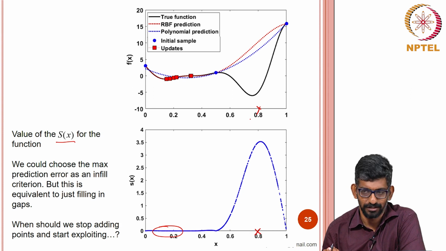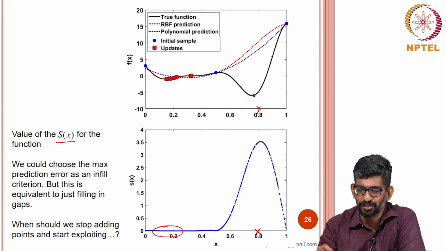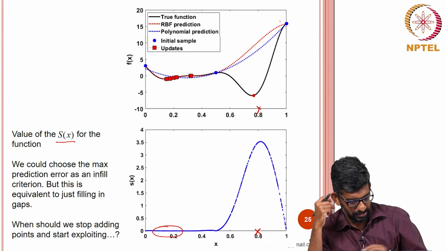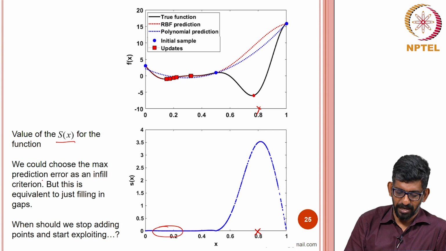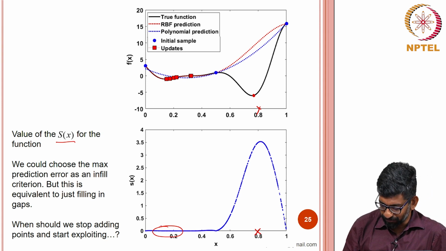So, this is the logic. I put a point here and then I get a new point here. My function might not follow the real function, but it is likely to. So, it is a nice thought. We could choose the maximum prediction error as an infill criterion, but in this particular case